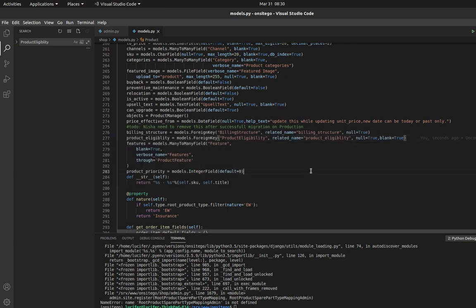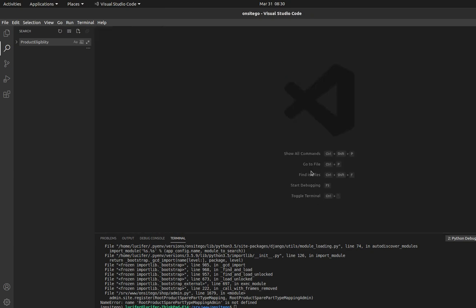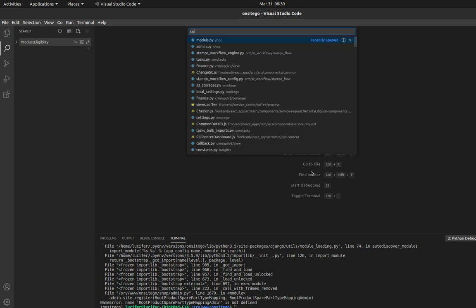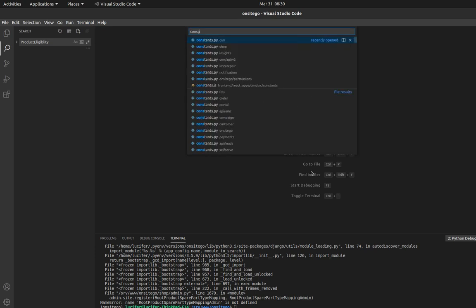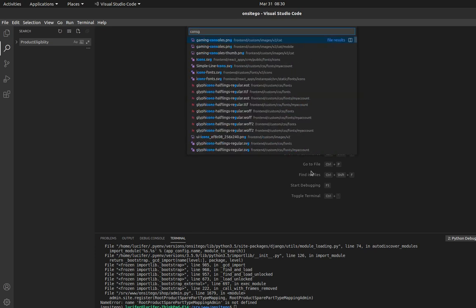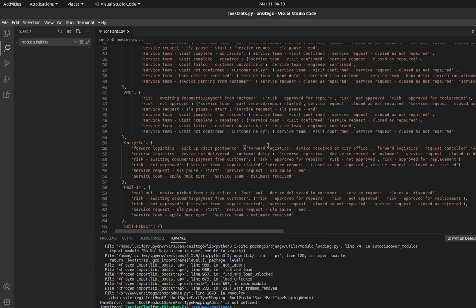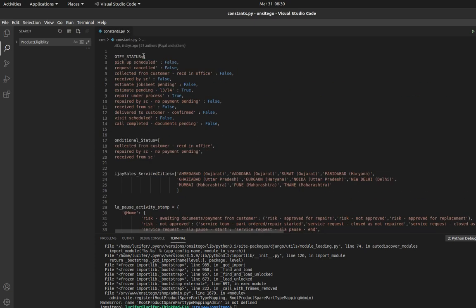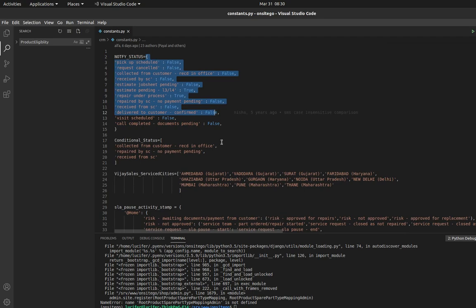In programming you define some constant values. Always we define some constant values. Let me show you that. I have defined them in dictionaries.